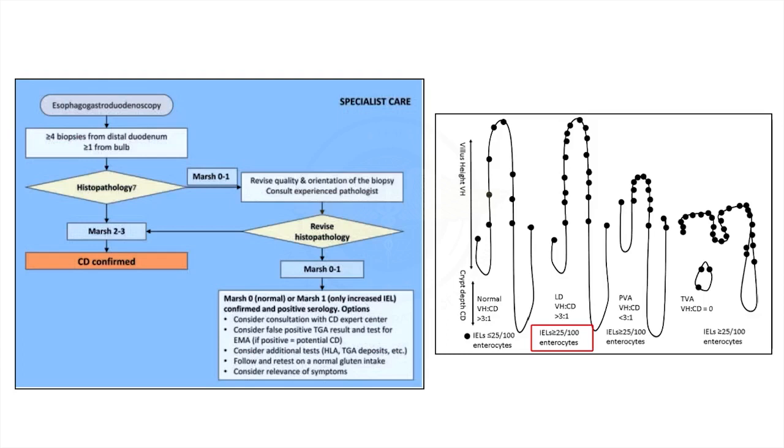And if there is clear-cut villous atrophy, either subtotal or total: normally the villus to crypt height ratio is more than 3:1. But if it's less than 3:1, then we can consider it subtotal atrophy. And if villus height and crypt depth are equal, we consider it total atrophy. Both subtotal and total atrophy confirm the presence of celiac disease. However, if the biopsy doesn't show villous atrophy,